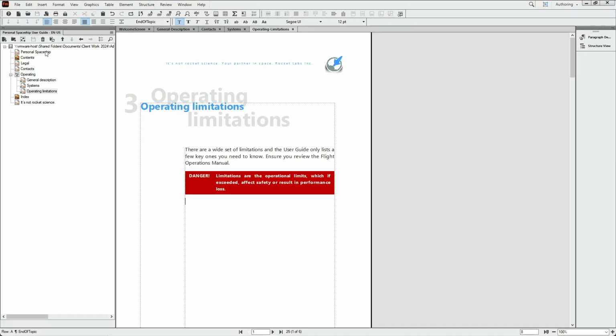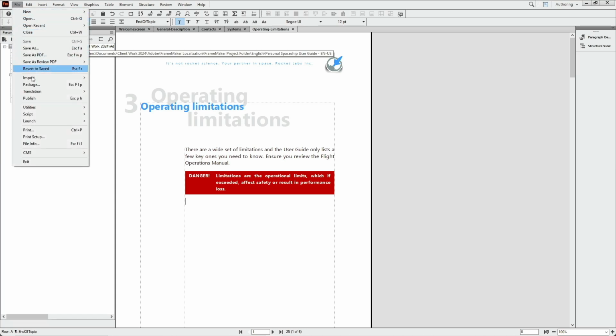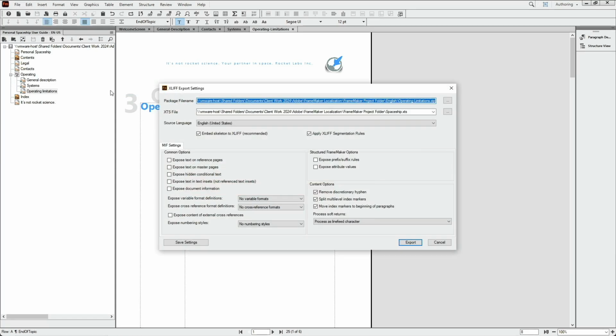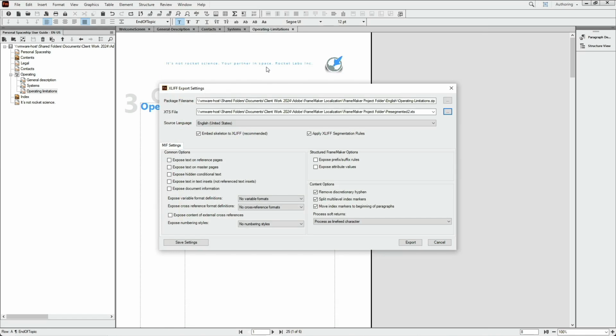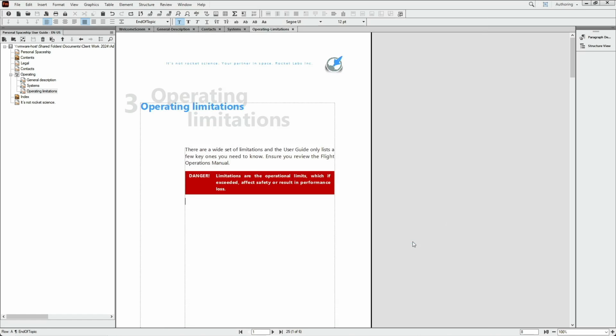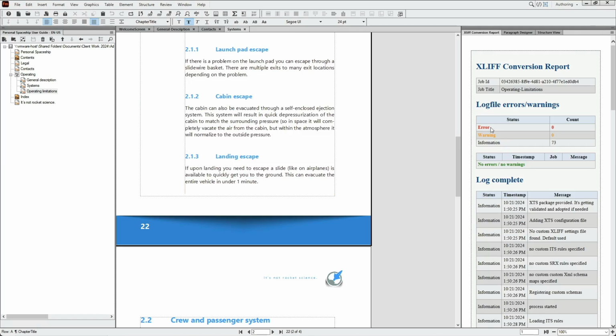Back in FrameMaker, File, Translation, Export to XLIFF. The XTS file still is spaceship.xts. Now I'll grab my pre-segmented 2 file and hit export. And it looks like we're in good shape. No errors, no warnings, and this information row has 73, just like it did when we did our previous XLIFF